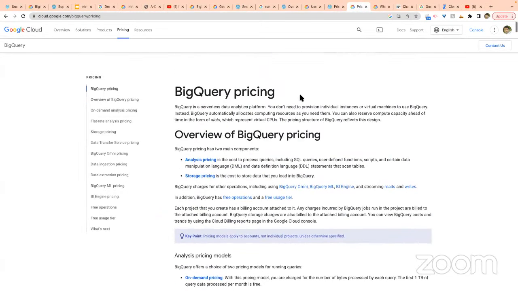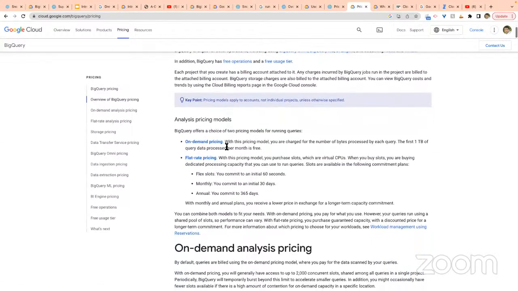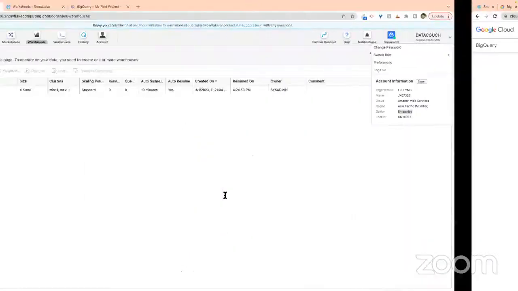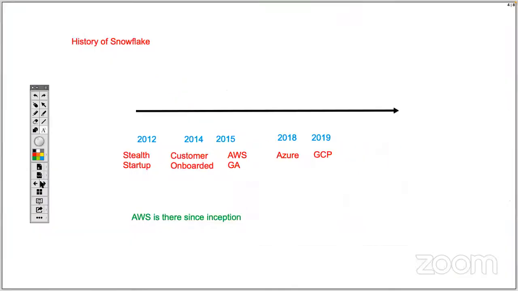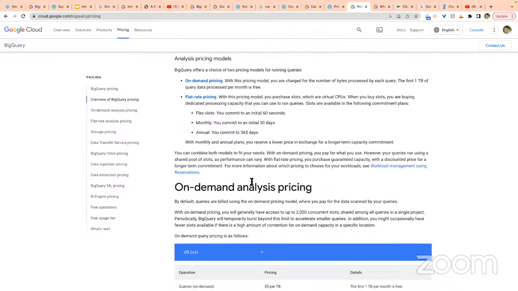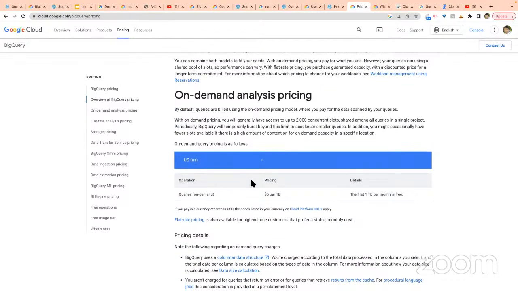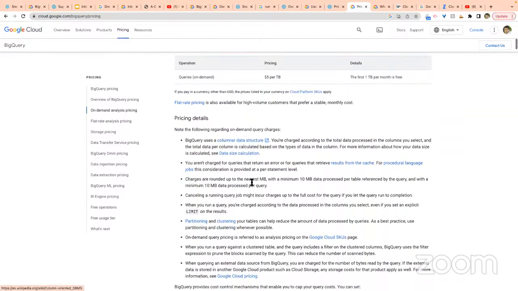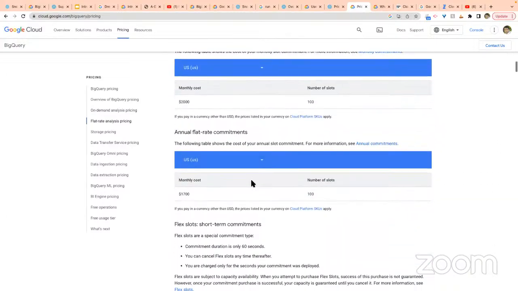And then there is BigQuery pricing. In BigQuery pricing, again, there are 2 areas. One is storage pricing, another one is compute pricing or analysis pricing. And within analysis pricing, we have on-demand, flat rate, and then there is another one which is flex, which I was showing on the whiteboard here. Flexible pricing, in which, let's say you want some queries to execute very, very fast. So you can have a combination of flat as well as flex. That means on demand, you are asking for more resources. So please have a look. You will get an idea about the pricing part.